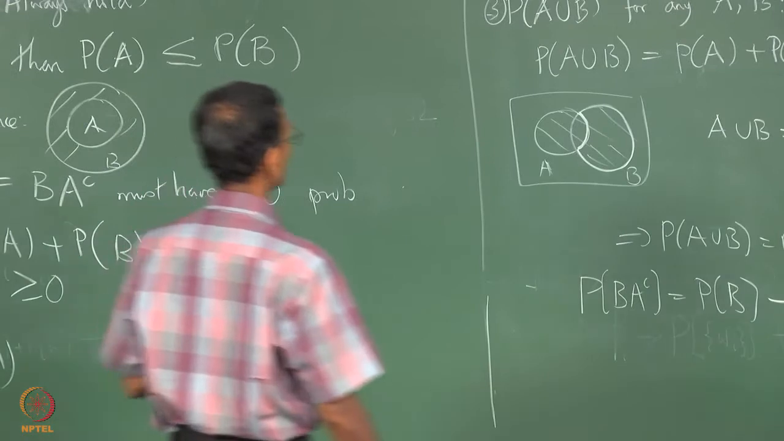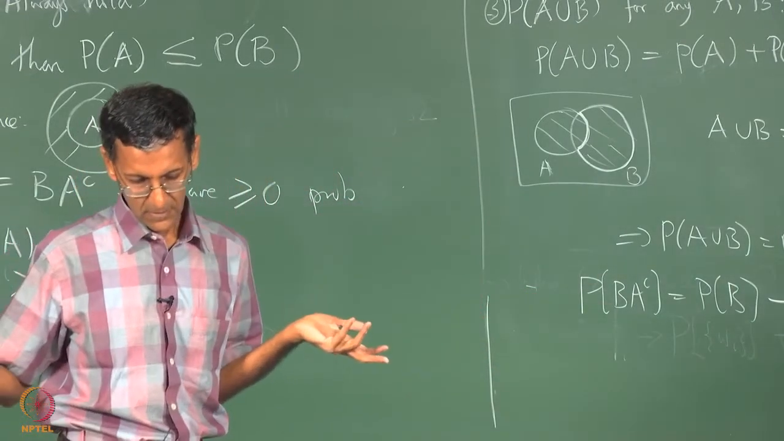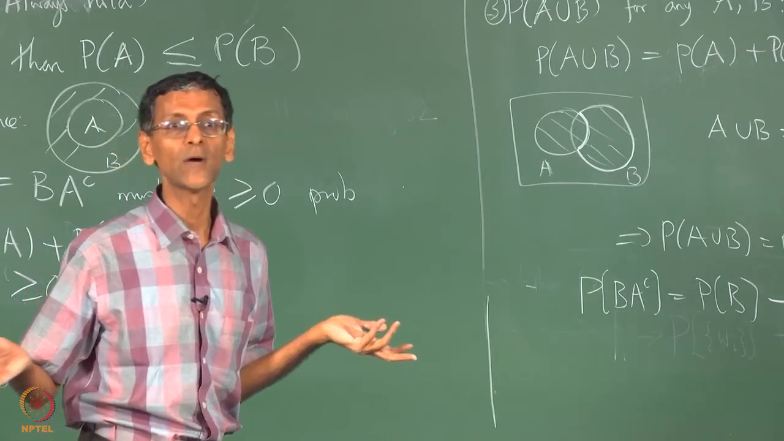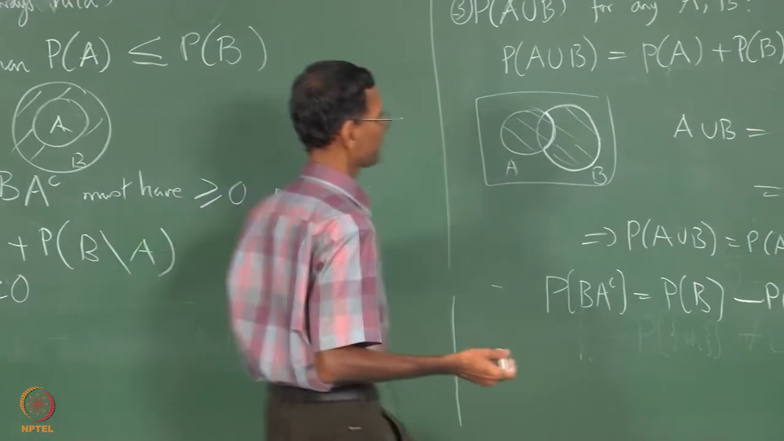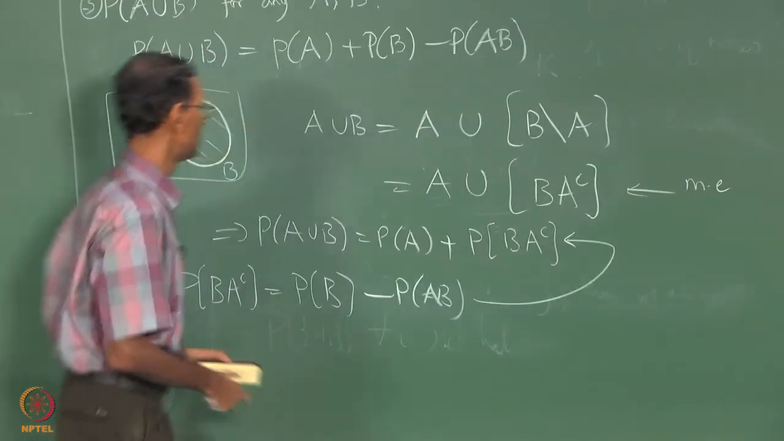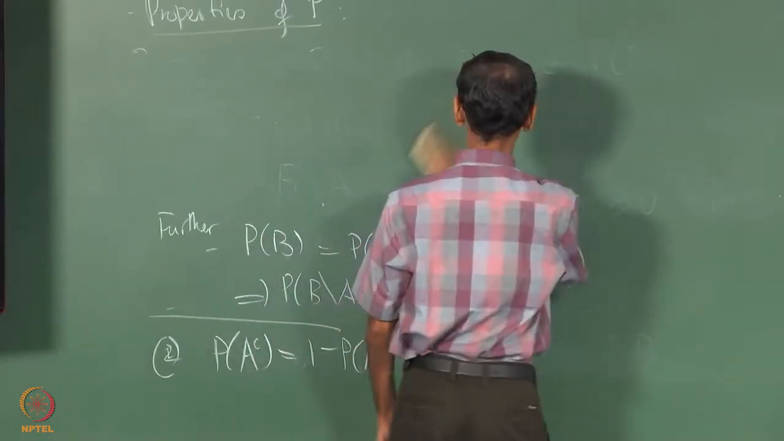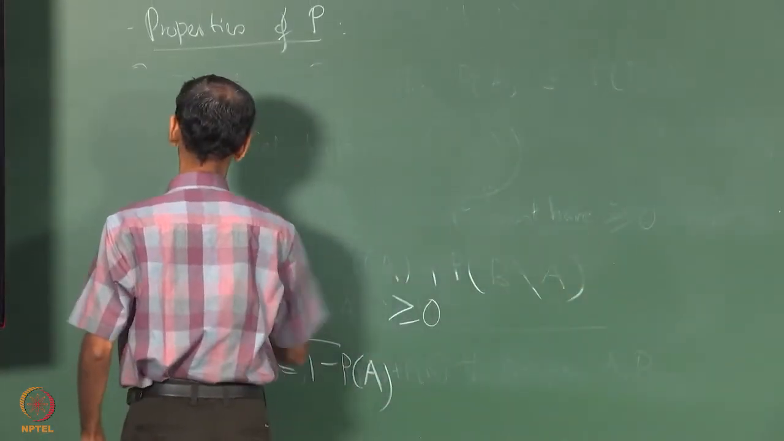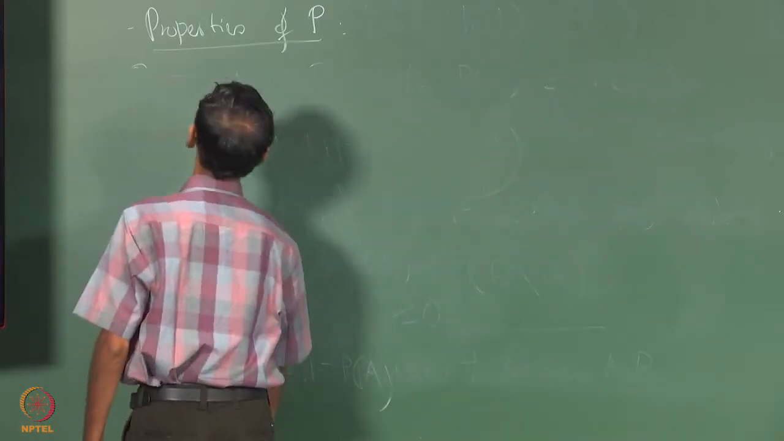And not only that, it can easily be generalized. I can look at A union B union C. How do I generalize it to A union B union C? So as a corollary or whatever extension,